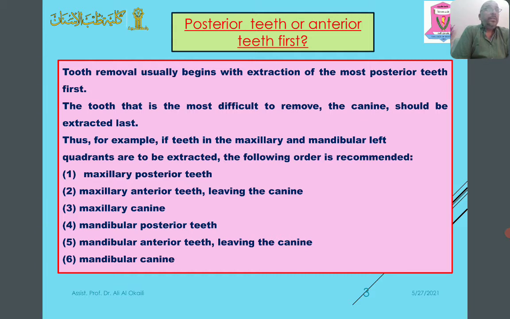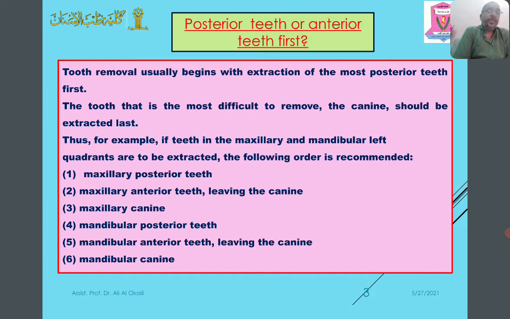Which teeth to be started first to extract? Posterior teeth or anterior teeth? Tooth removal usually begins with extraction of most posterior teeth first. The tooth that is the most difficult to remove is the canine, should be extracted last. Thus, for example, if teeth in maxillary and mandibular left quadrants are to be extracted, the following order is